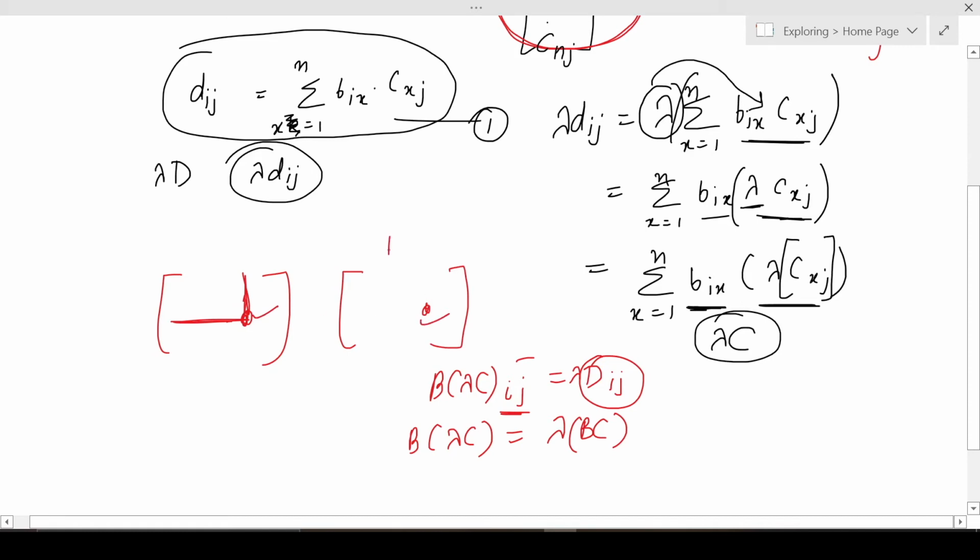So if this was bc and this was b lambda c, the element in the ith row and jth column will be equal. I can substitute any value for i within the number of rows of this matrix, and any value of j within the column indexes of this matrix, and I can show that for all such i and j, this equality will hold. And since all the values in the corresponding positions are equal, the matrices are equal.